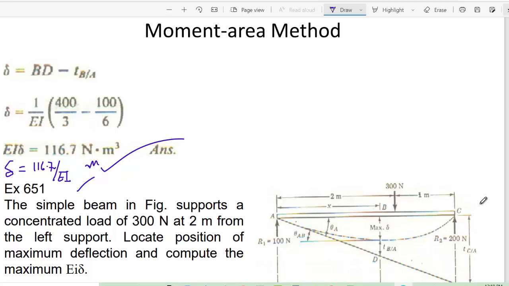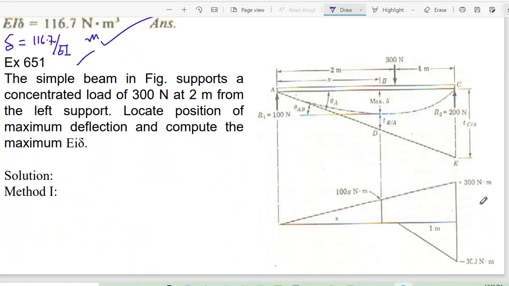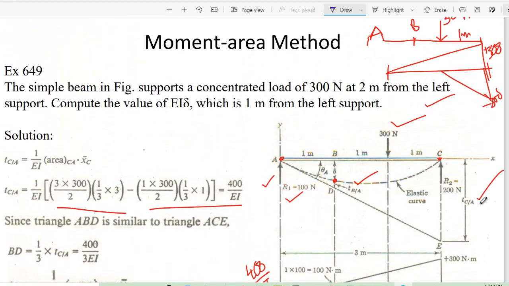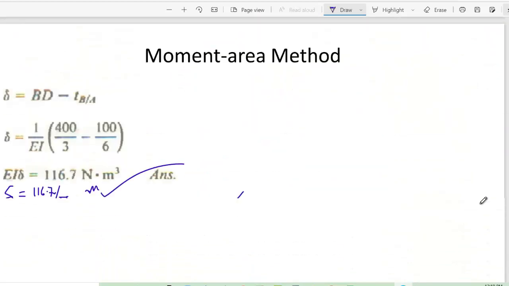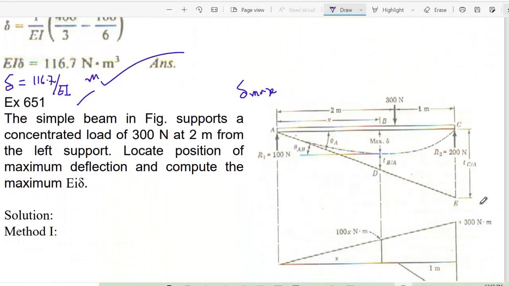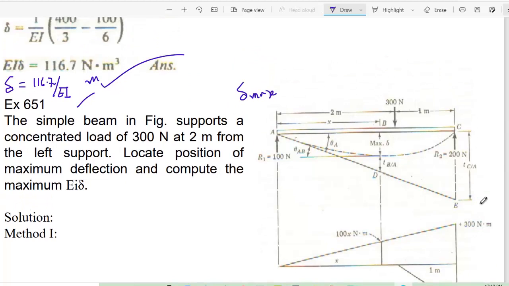Okay. Similarly here, if they do not mention where you need to find the maximum or where you need to find the del, or if they say you have to find the del maximum, because in this particular problem they said calculate the del at a location 1 meter. So that's why you consider point B. But if they say you have to find the maximum deflection and compute the maximum EI del,